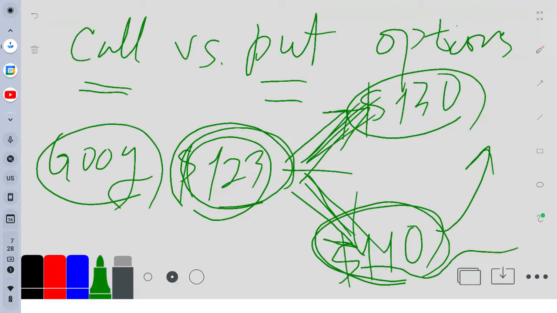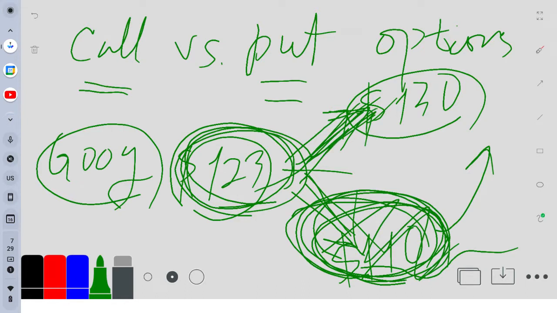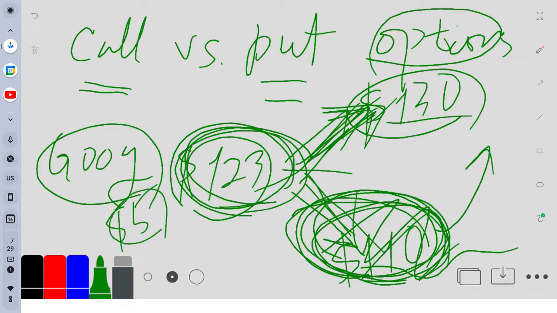But if you wanted to buy, the current price is 123, but you think it's going to go down. But if it doesn't go down, and keeps going up, you will regret not having taken action when it was 123, because it never went down. To have Google, you will have to pay 130. There's no other way. But there is an option. If you buy a call option, maybe about $5 or whatever.